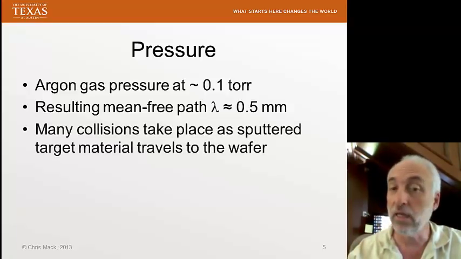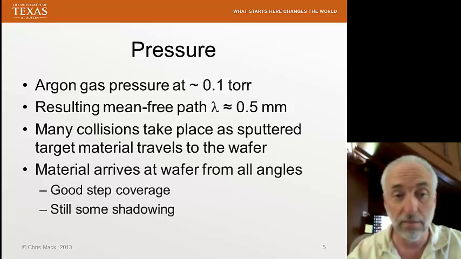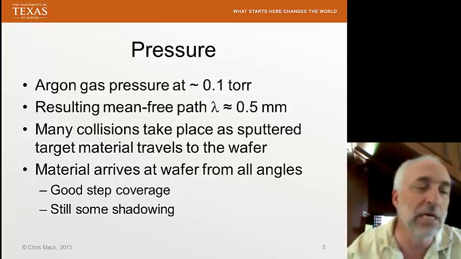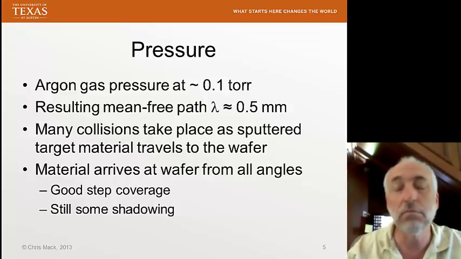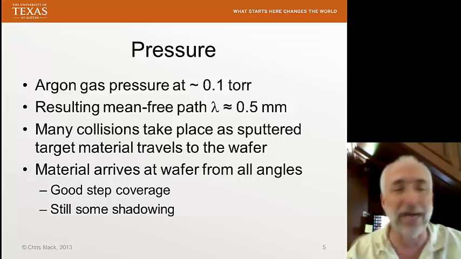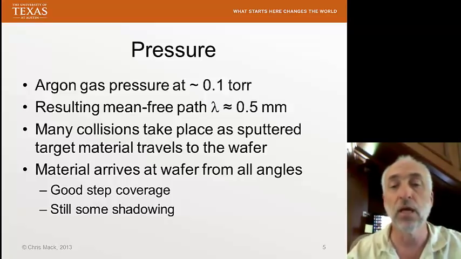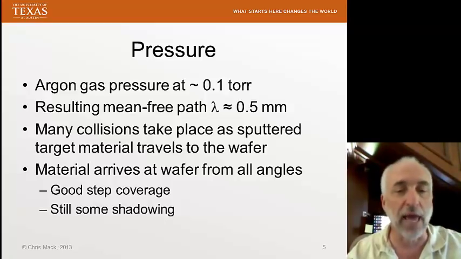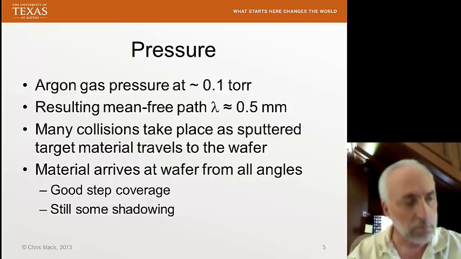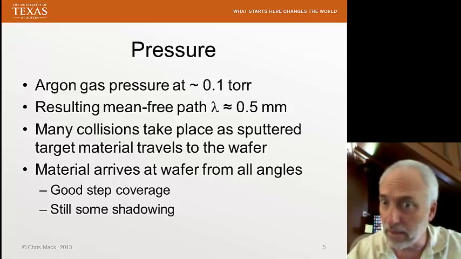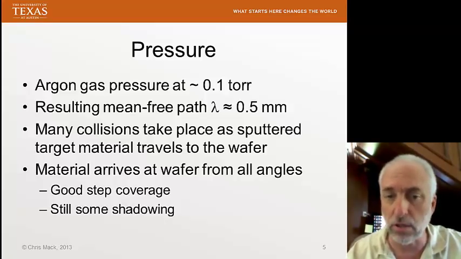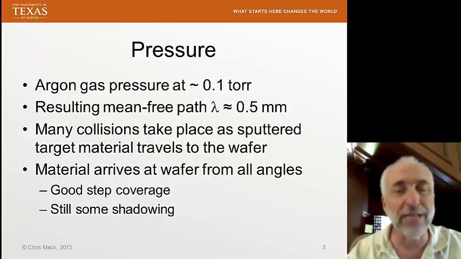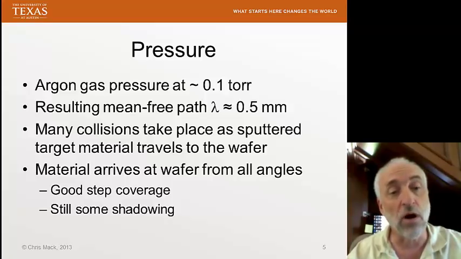These many, many collisions then will result in material arriving at the wafer at a random angle. Every time we have a collision, the target material will bounce off in some arbitrary direction, and with many collisions we'll end up with all kinds of angles arriving at the wafer. What does that mean? Well, it's not line of sight deposition like we had with evaporation. Instead, this more uniform range of angles means that we'll often get